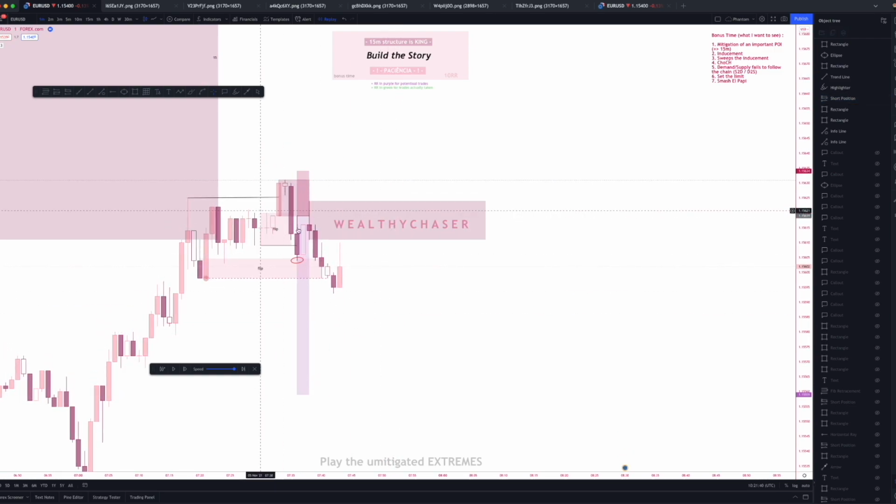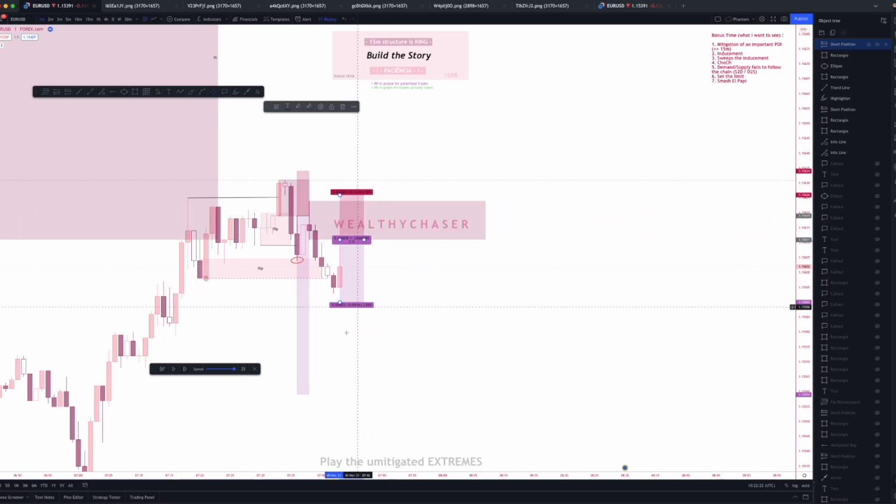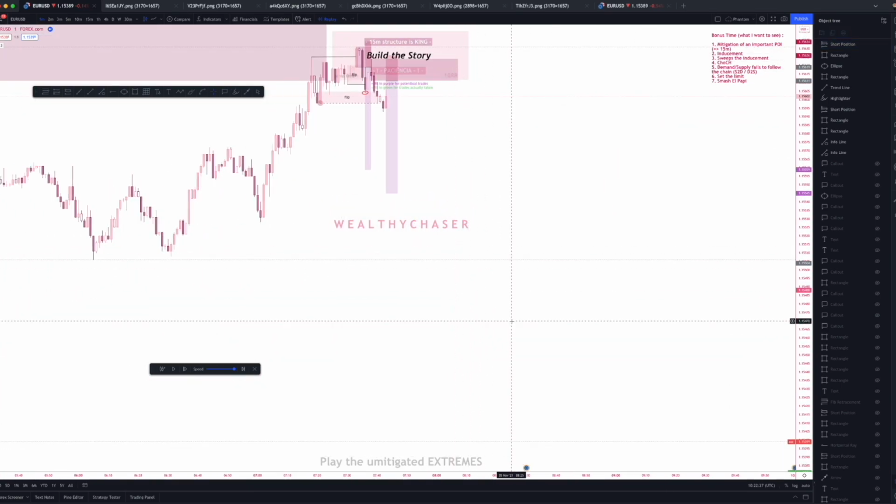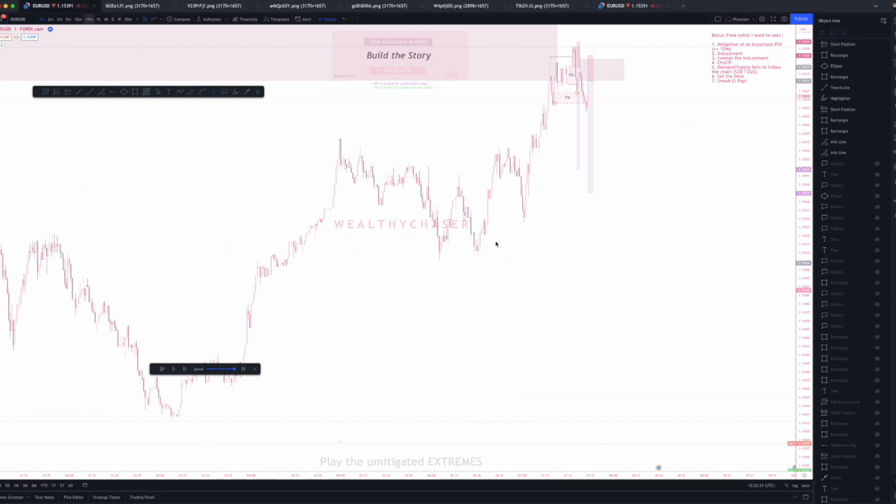Because imagine price reverses to mitigate the supply deeper, because we know that may happen. Instead of having only one loss here, I would have 2 losses already. If the previous trade is already at break even, the max that can happen to me is minus 1R instead of minus 2R, right? So the risk I take is always the same. This is my trade. 1.5 pips and boom. By the way, what were my targets? Well, my target was going to be this 15-minute demand over here that you'll see.